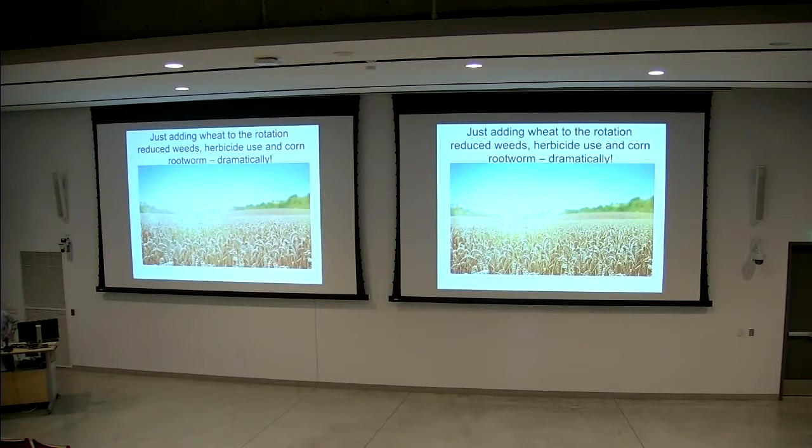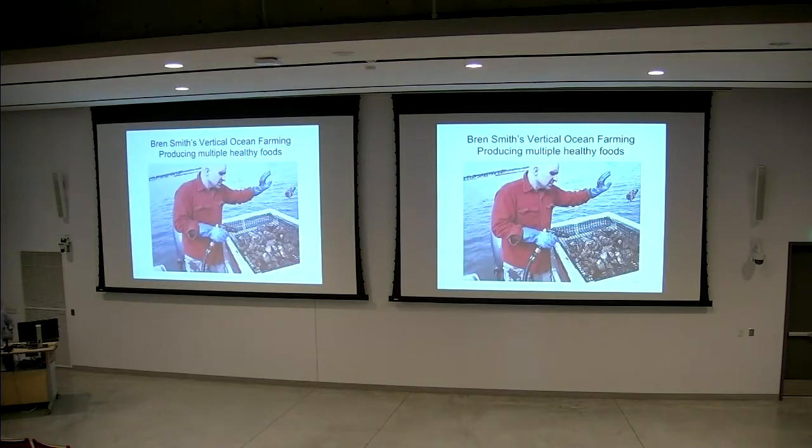Weed populations go down by about 85%. On top of that, the farmers have an additional crop to sell when corn or soybean prices are low, the barley, the wheat, and a benefit they hadn't expected. They interrupt the life cycle of the corn rootworm, a big problem in corn, which has led to the adoption of corn seed with neonicotinoids, those insecticides you may have heard of, the neonics so-called. Anyway, solving for pattern. They found a way to deal with weeds so that they created solutions rather than solutions creating more problems.